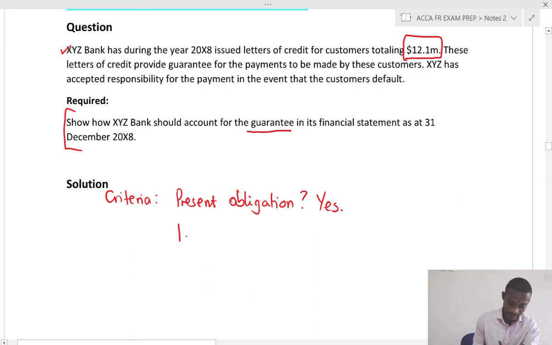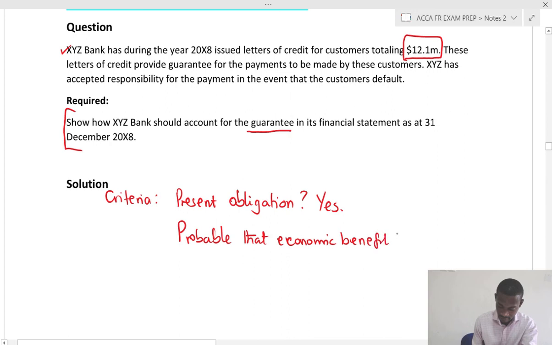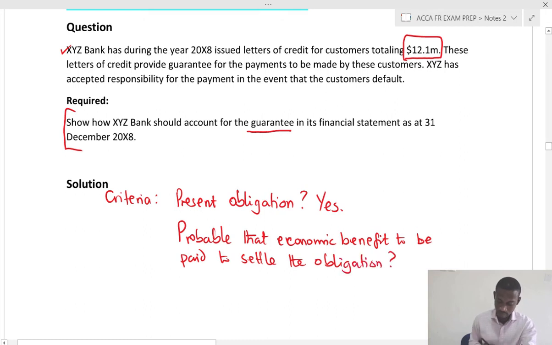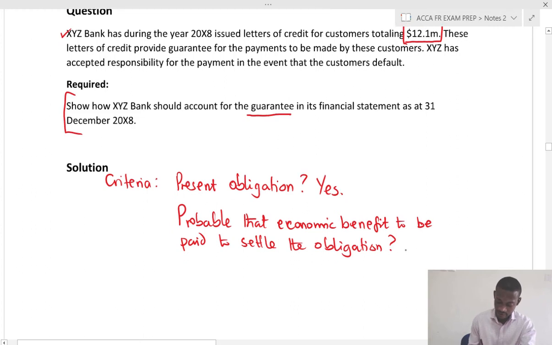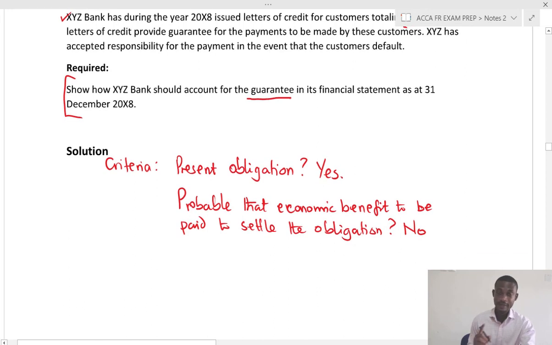Now, the next question is it probable that there will be economic benefits to be paid to settle the obligation? And the answer to this is that no, it's not probable. Now, here is the point. It's not probable because